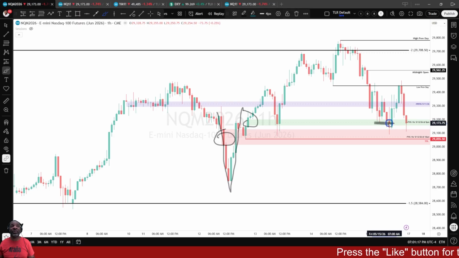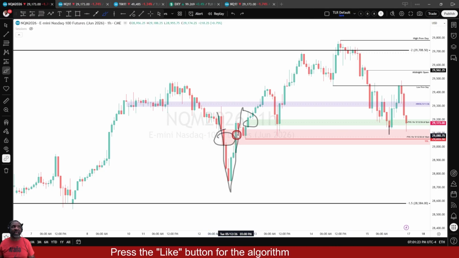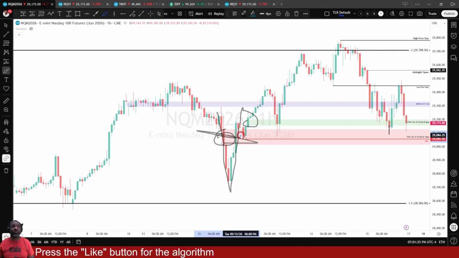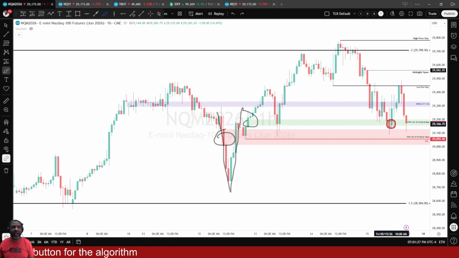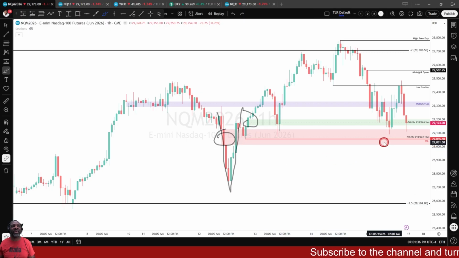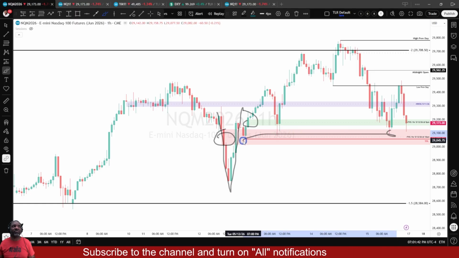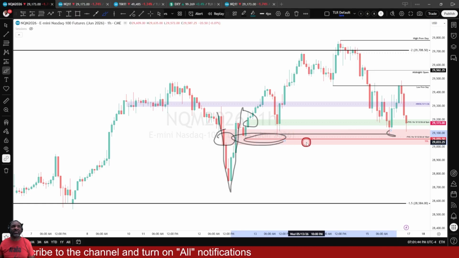Come back down again, close below it, creating an inversion. And then we come back down. I said inversion over here, but this is a reclaimed. I'm sorry, I called that inversion, but it's a reclaimed. So we come back down into, no, I was right, that's inversion. Came back down into the inversion fair value gap again. And once we hit the inversion fair value gap again, did not take out the sell side that was